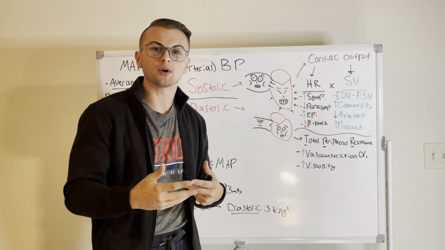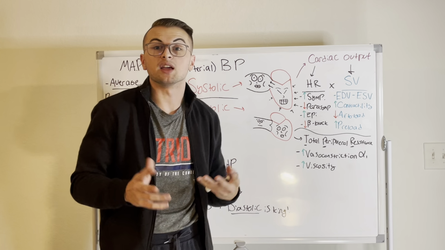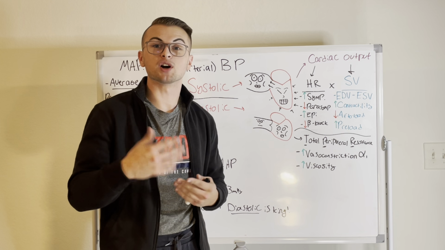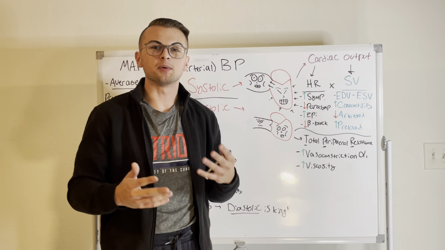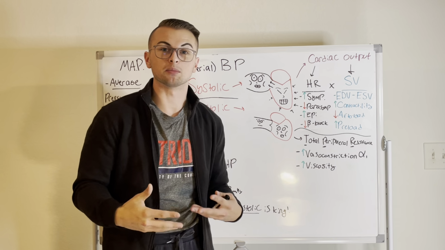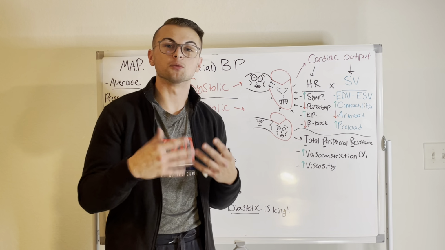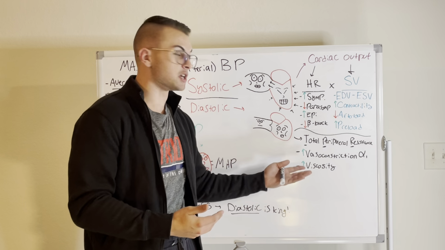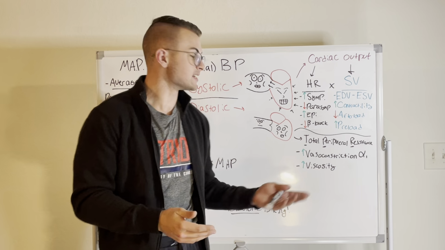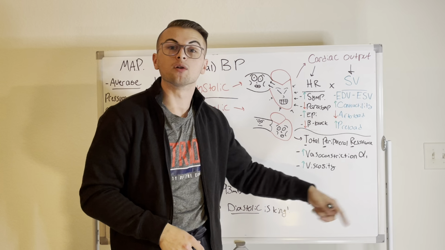You can also increase the total peripheral resistance, remember our TPR, by increasing your blood viscosity. Like if you're a Sherpa and you have a ton of red blood cells. Remember Sherpas, they're the people that help you carry stuff up mountains. They live at really high altitudes and have tons of red blood cells. This is called polycythemia or polycythemia vera. Then your blood would be thicker than syrup and your TPR would be elevated. But normally, under normal circumstances, this is influenced by our arteriolar clamps, our alpha 1 receptors.